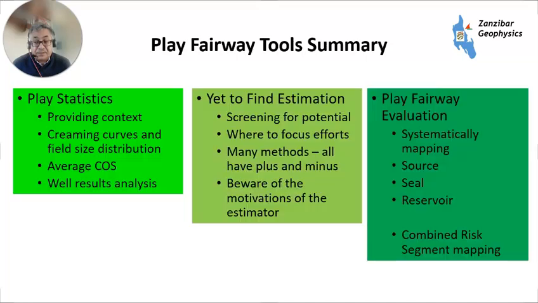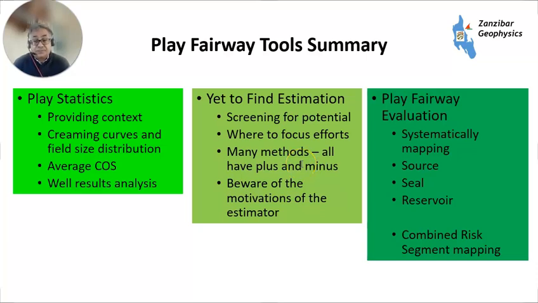So to sum up, fairway tools: you've got your play statistics, providing your context, the creaming curves, average chance of success, well results analysis. This is to benchmark your more detailed evaluation. Does it look right? And if it doesn't look right, why isn't it? What's different? Doesn't mean you're wrong, just means that you need to try to come up with an explanation. Yet-to-find estimation, so screening for potential. Where are you going to focus your efforts? The many methods all have pluses and minuses, but beware of estimations and motivations to estimate,